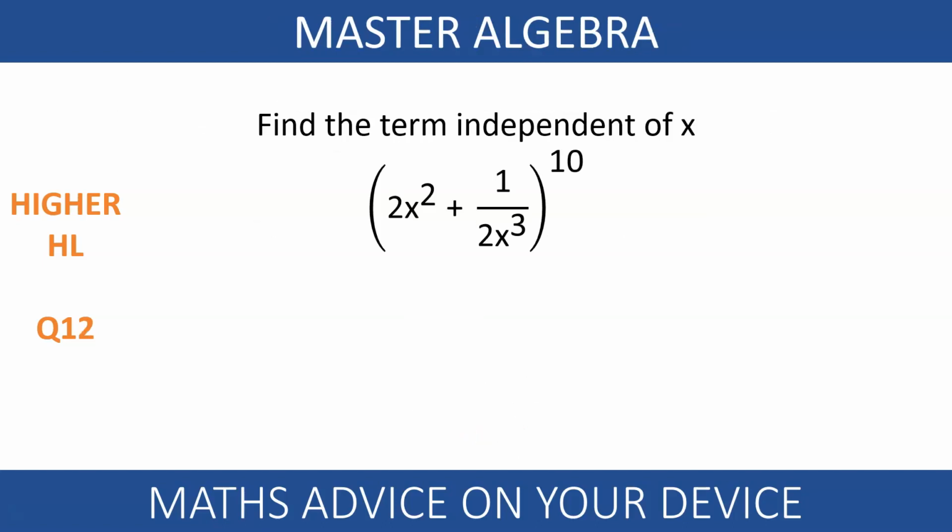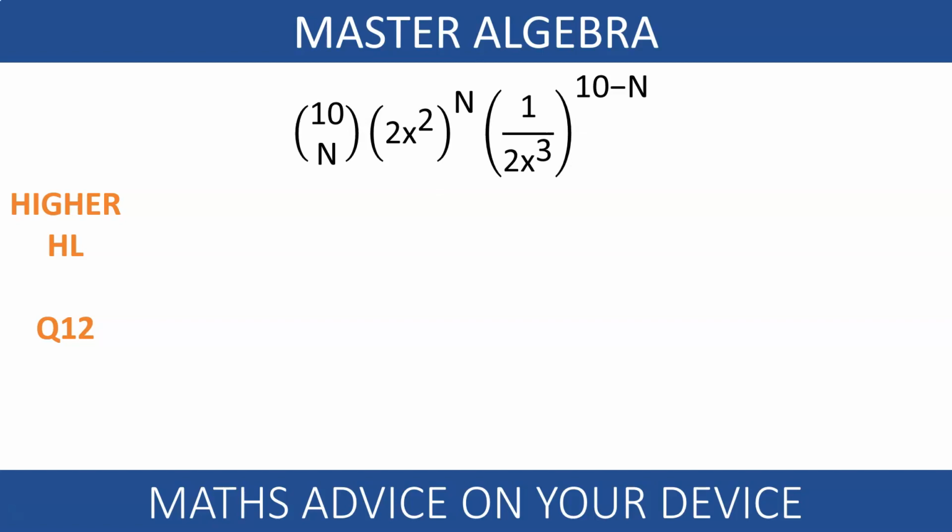This third one is a 5 marks question. Find the term independent of x in the binomial. Even just an attempt at the binomial expansion using a relevant row of Pascal's triangle will give you 1 mark. So it is worth a try, even if you don't get the final answer.